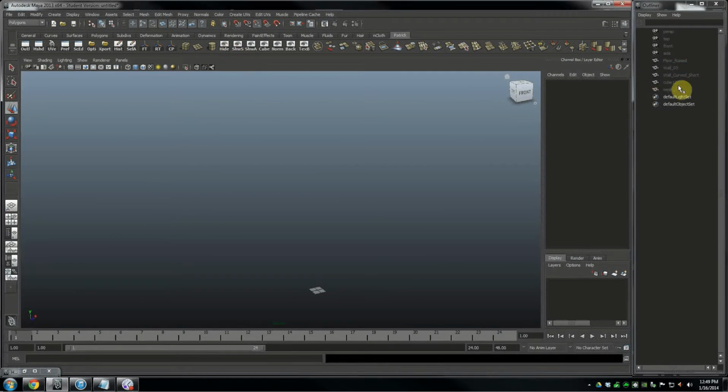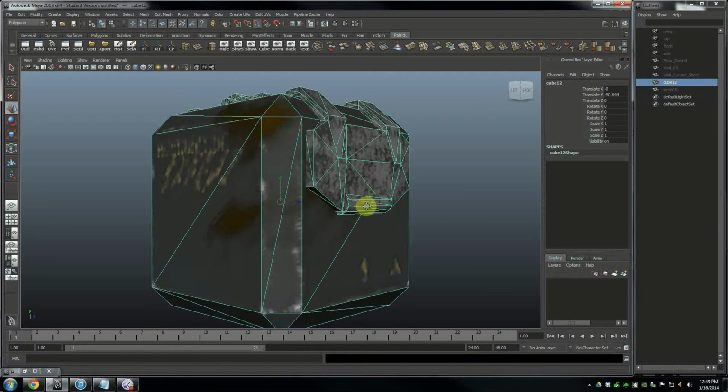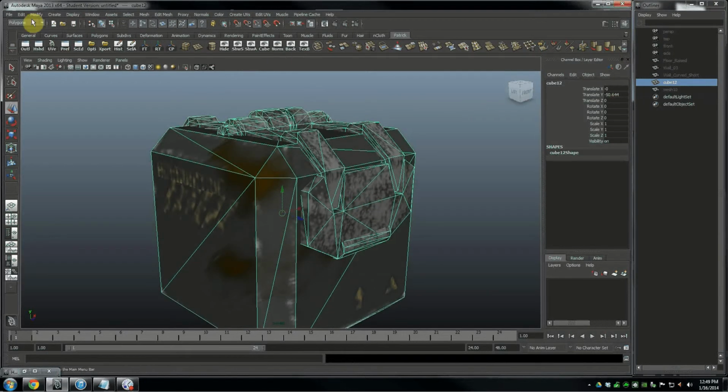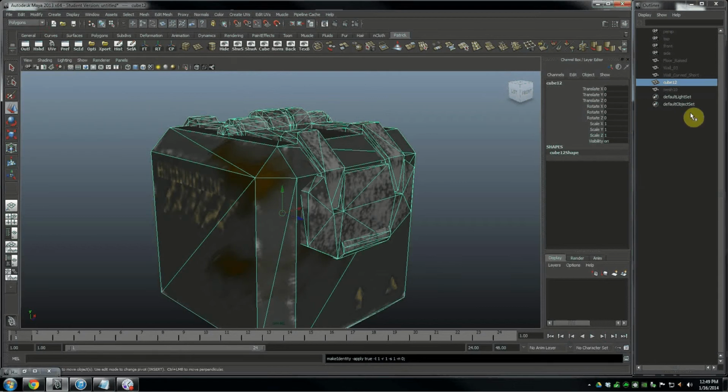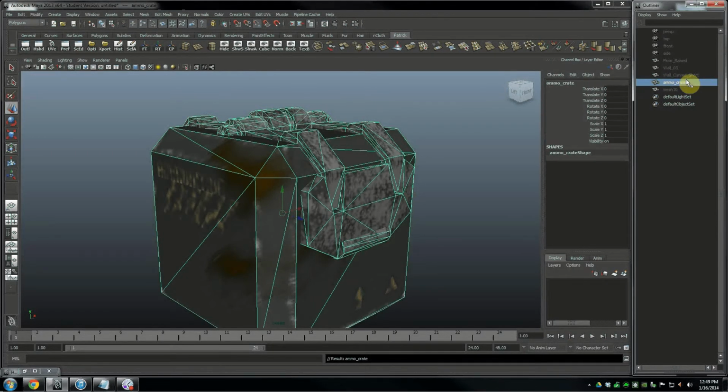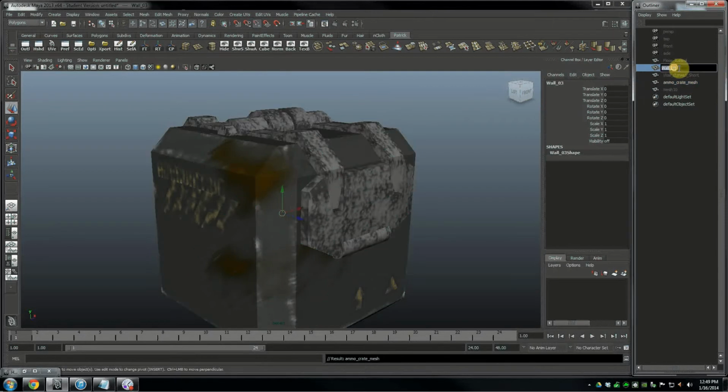I'm going to hide that. Let's bring back the ammo box. So the ammo box is centered, but let's go ahead and reset those transformations, or freeze them. But you'll notice that my name in the outliner is Cube 12. Well, that's a pretty terrible name. Let's call it Ammo Crate. There we go. And you can get even more obsessive and call it Ammo Crate Mesh, and call Wall 03 Wall 03 Mesh, just so you're not getting confused,